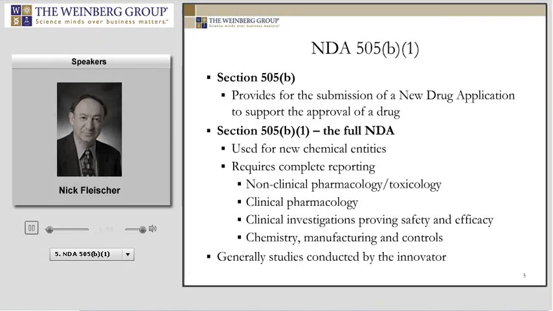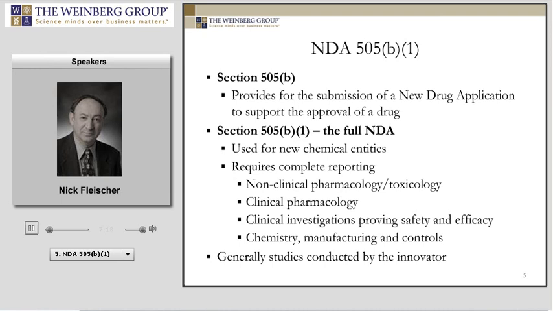Now, this is different from a 505(b)(2) because the applicant here in a 505(b)(1) actually has the right of reference to the original information that they generated and has access to use that and have the FDA refer to that for the new application, which will not contain all of that information.